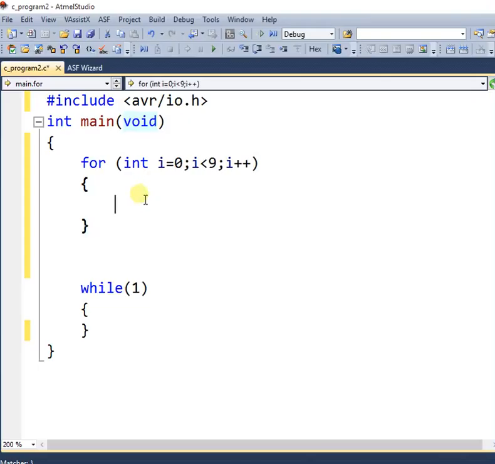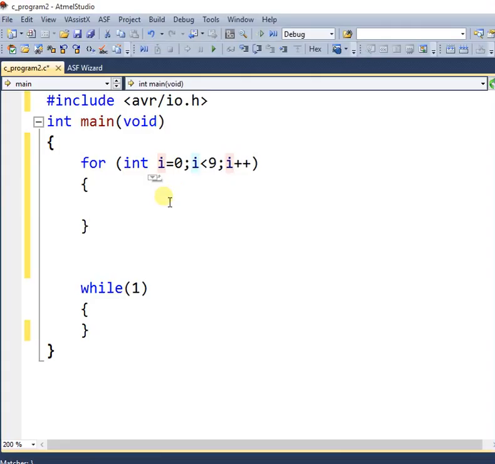Then after the body is executed, increase I by 1, and then ask the question, is I less than 9? That's true, because it's now a 1. The body will run again. After the body, we increment, ask the question. If the question is true, we run the body again. So this will have I go from the values of 0 through